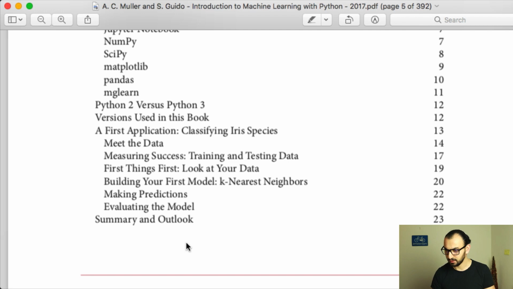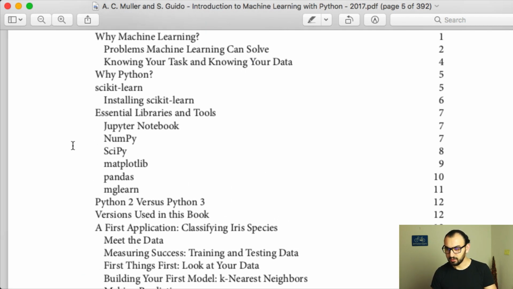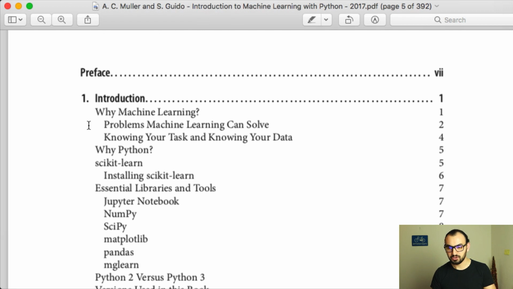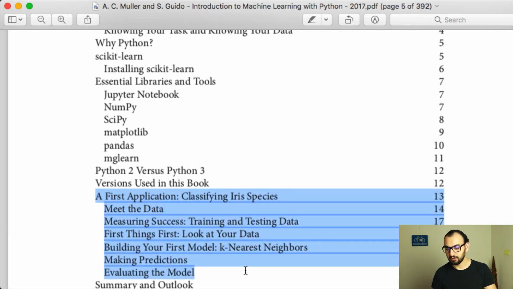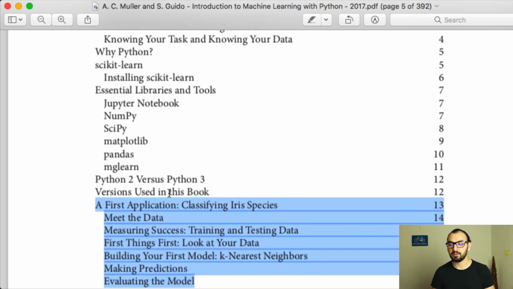I hope it's not a copyright issue, but what I liked about this book is that in the first chapter they have an example or sample project on iris species. It's quite a popular topic in machine learning, because it's basic. They can explain details of classification and show examples, so it's quite easy to explain on this sample. In this book, as a first step, you dive into this topic and do actual coding to get this classification done. I did it.